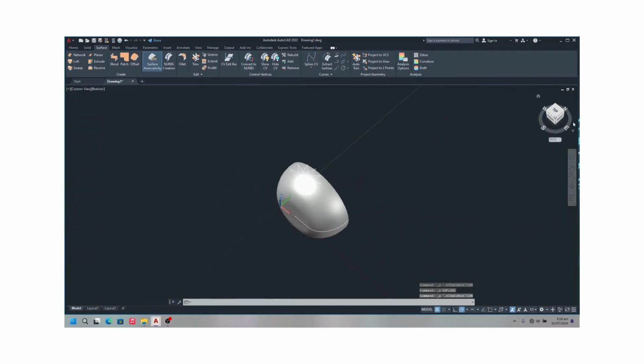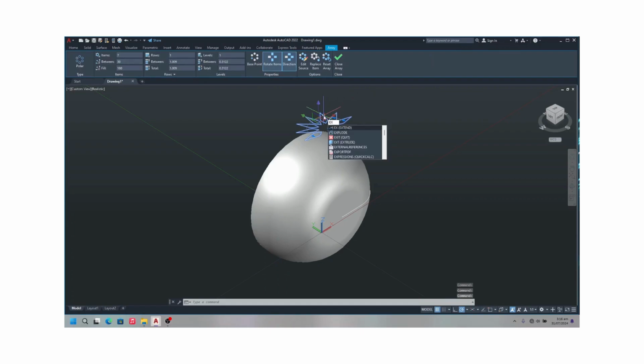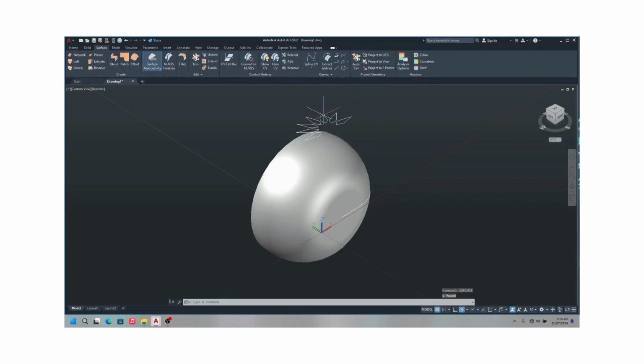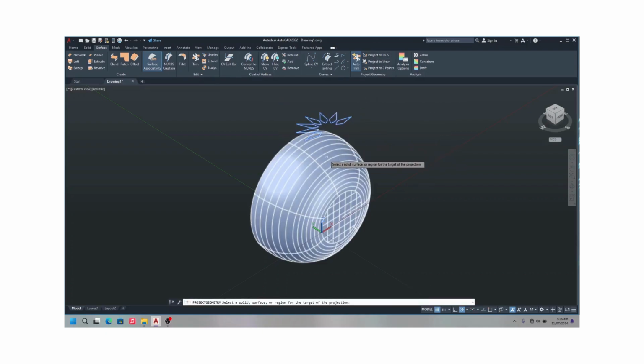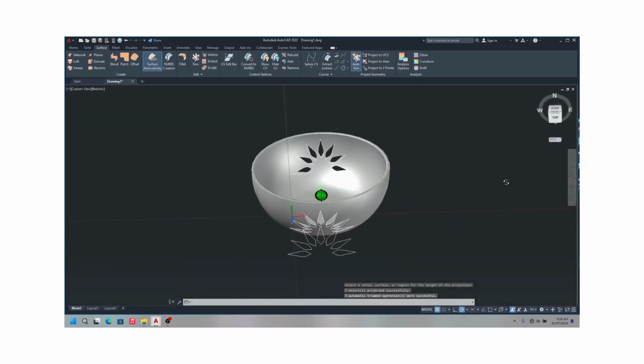Alright, I'm gonna go back to home view, and we are gonna first explode again, since I Control Z'd back too much. Select all these, and then click on auto trim, and we make sure it's clicked, and then project to the UCS. Now click on the surface you want to project it on, and voila, there you go,